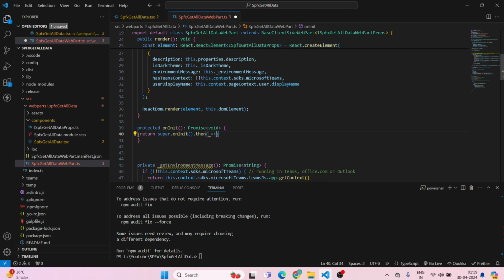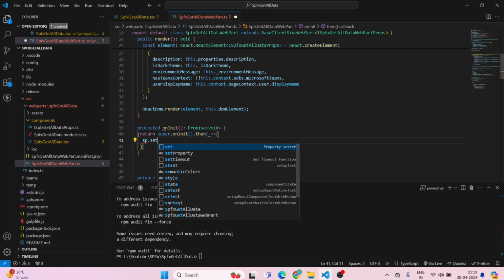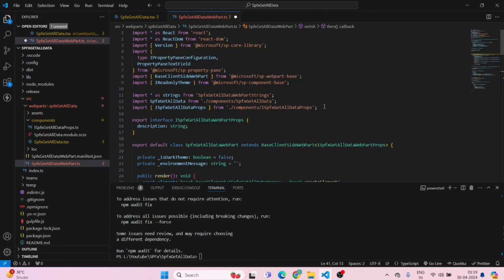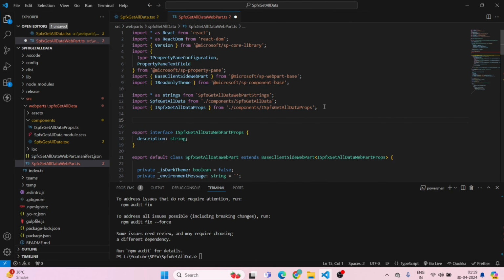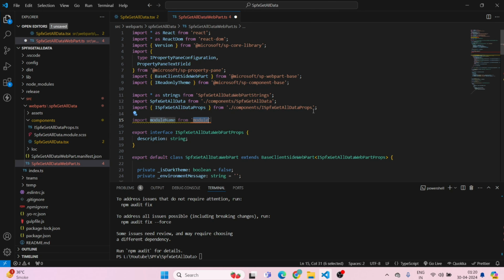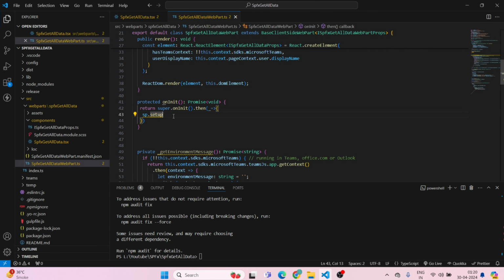underscore arrow function, sp dot setup. We will get error here because we have to add this module. Import, module name will be again sp, and module will be @pnp/sp/presets/all. Save it. Here in onInit setup